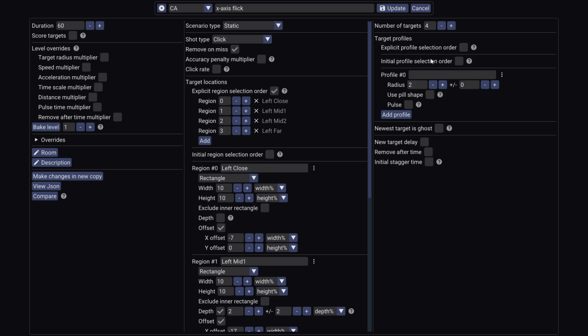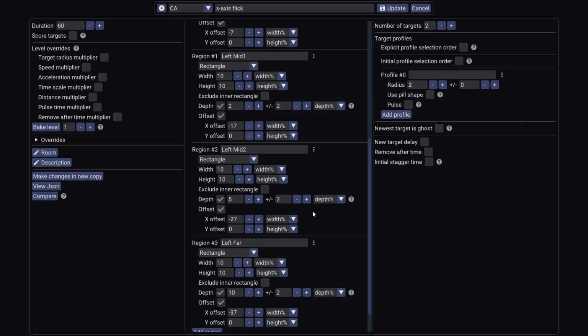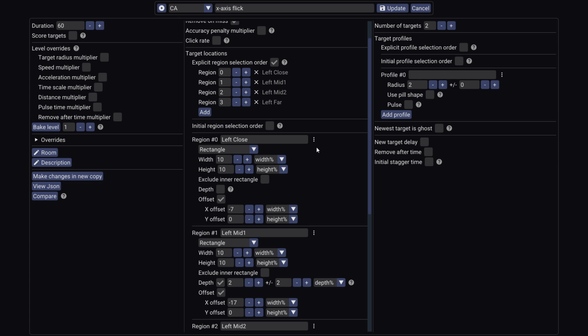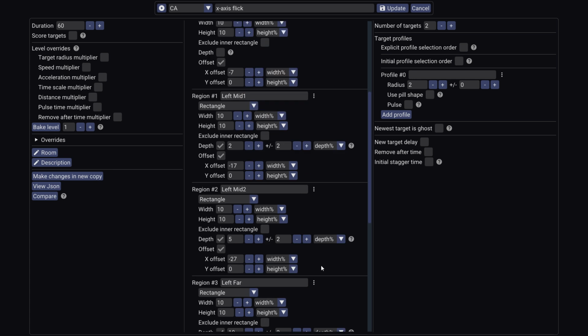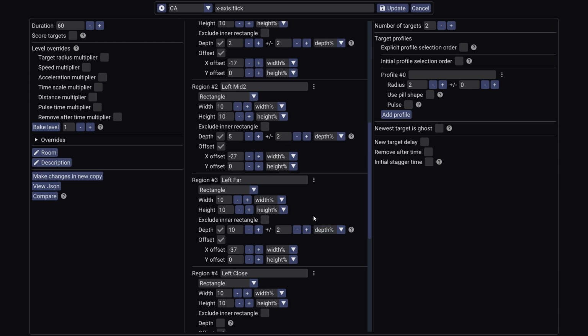Alright, that's fine for the most part. So I'm going to try and make the right regions. Copy, copy, copy, copy,